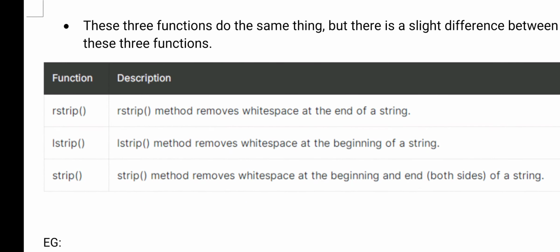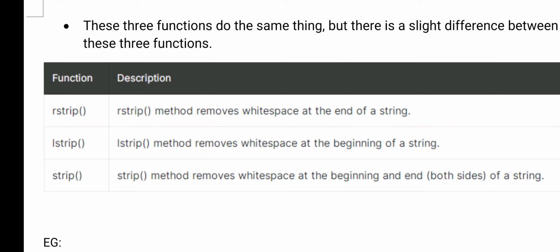Rstrip: using this function we are removing white spaces from a string, but from where? At the end of the string. After writing the string, if any blank space is added at the ending point, that will be removed by using rstrip, the right side.